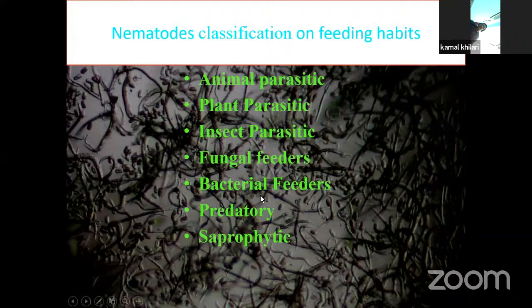Some nematodes feed on bacteria, so they may feed on harmful bacteria as well as on beneficial bacteria. If they are feeding on harmful bacteria, it means these nematodes are beneficial for us. And there are some other predatory nematodes. They feed on other nematodes, and there are saprophytic nematodes, and these nematodes are very important from an ecological point of